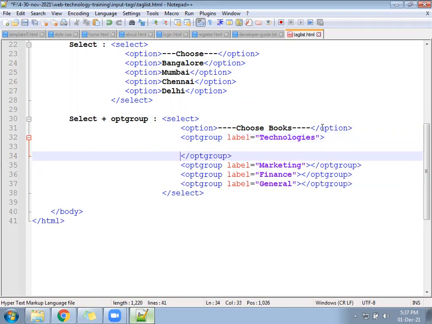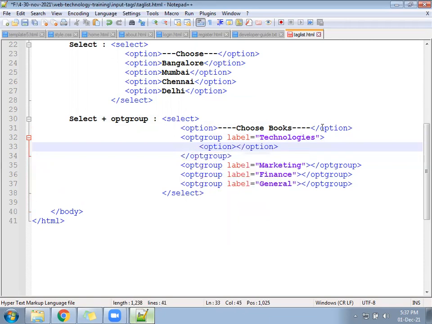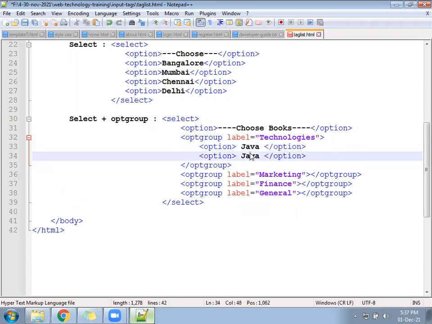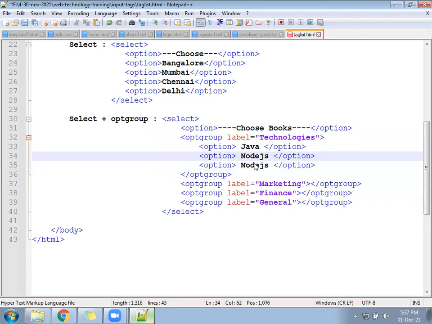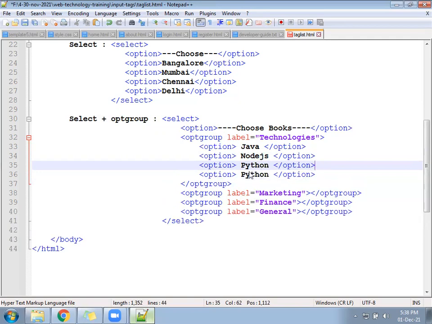Go under the technology block and write the options: Java technology, next Node.js technology, next Python technology, next UI technology.